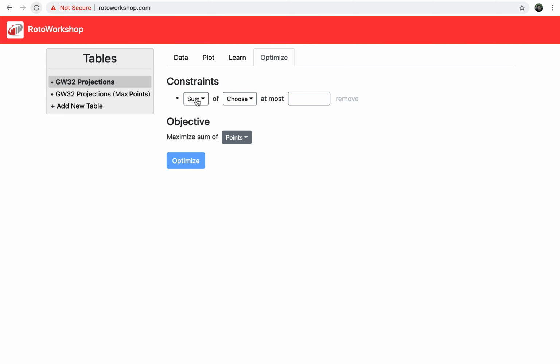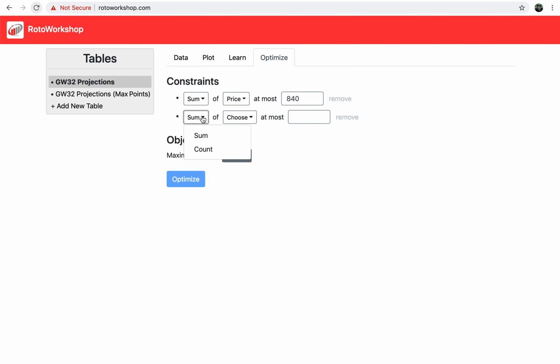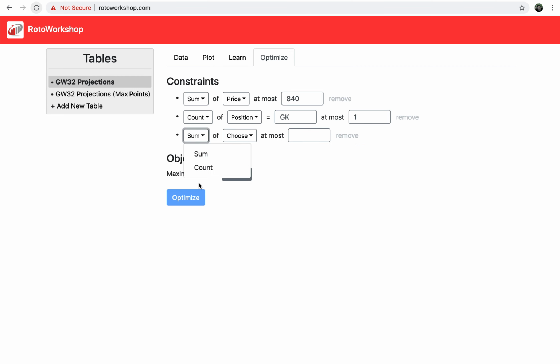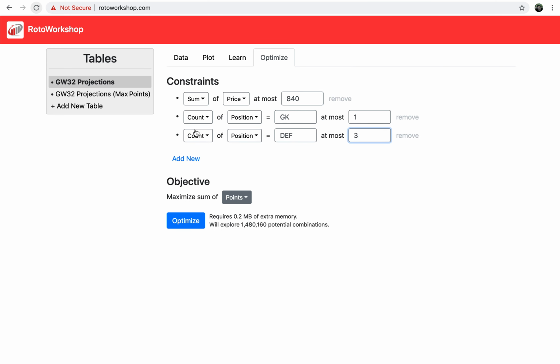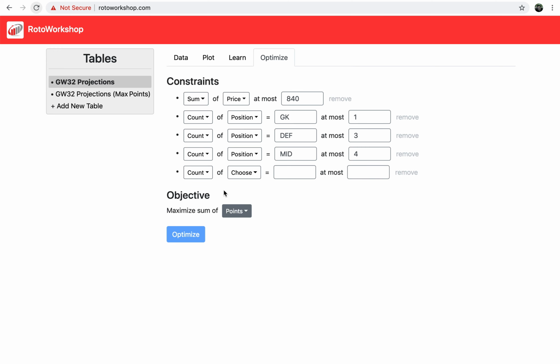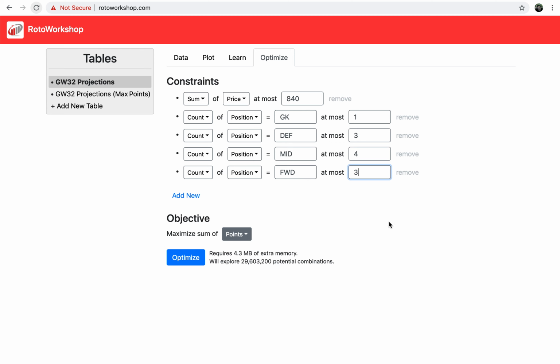Maximize points. I want the price to be below 84 million pounds, but I'm also going to set constraints on the position. So I'll say the count of rows where the position is goalkeeper should be at most 1. I only want 1 goalkeeper. And the count of position that is defender is 3. The count of position that is midfielder will be 4. And the count of the position that is forward will be 3. So this is going to be a 3-4-3